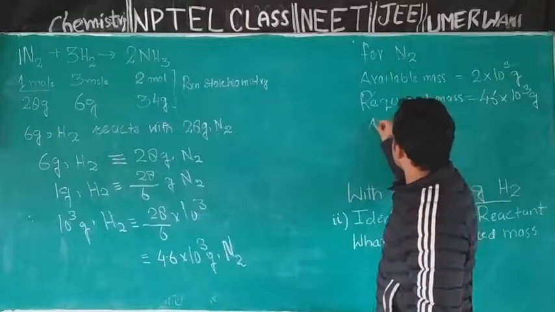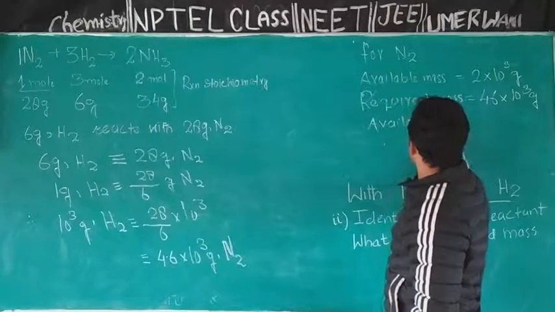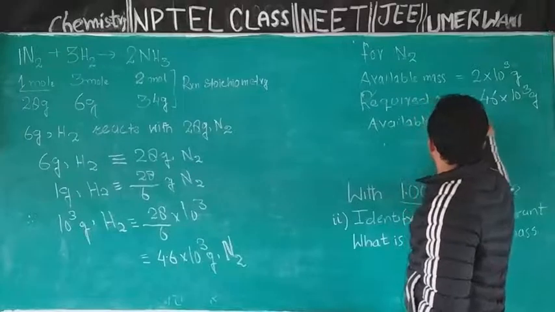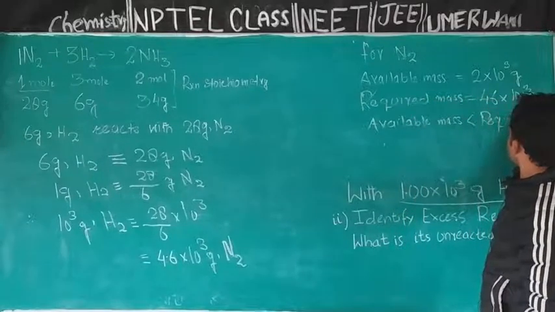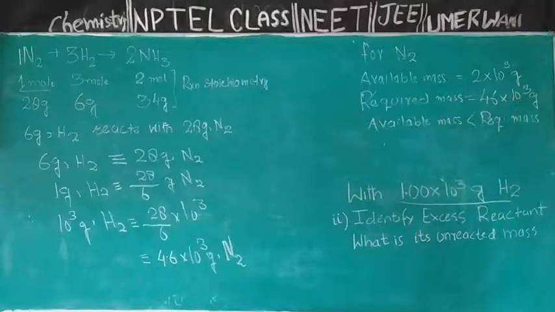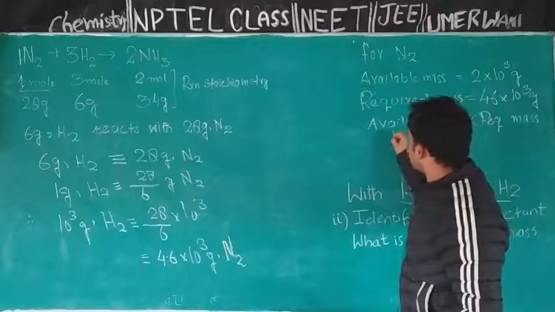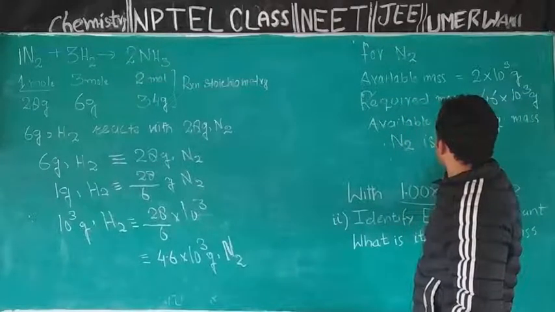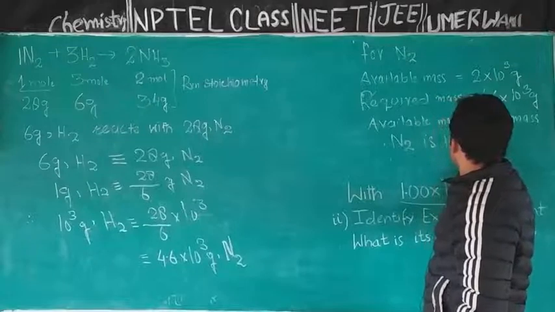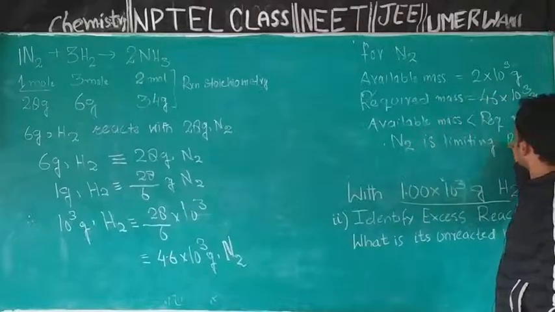Available mass is less than required mass. For nitrogen, available mass is less than required mass. It means nitrogen is the limiting reagent. We have identified one limiting reactant in this reaction. Nitrogen is the limiting reactant,